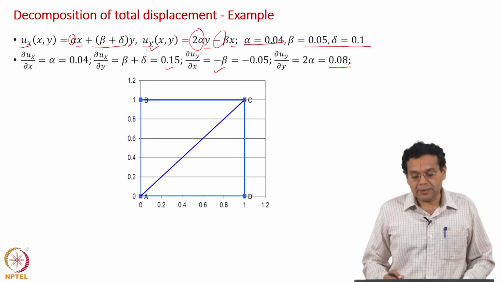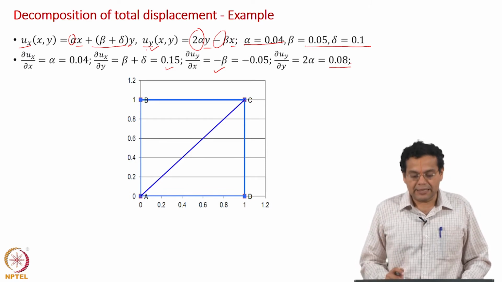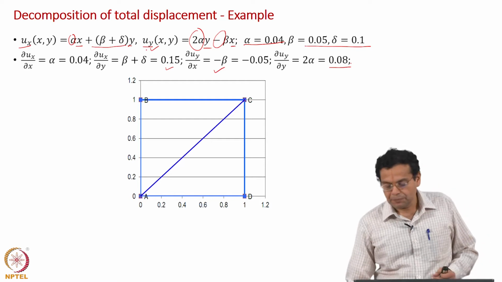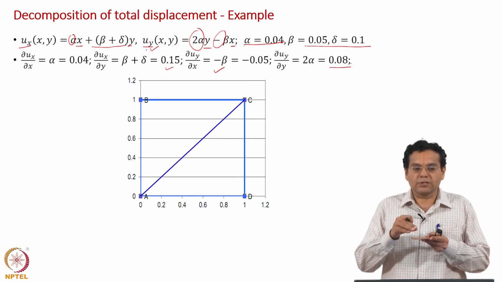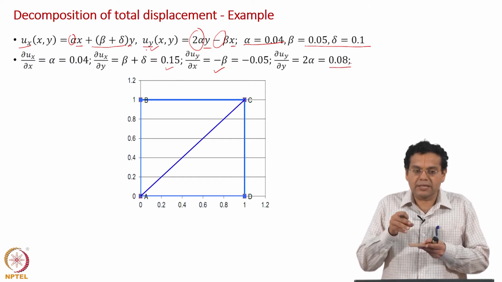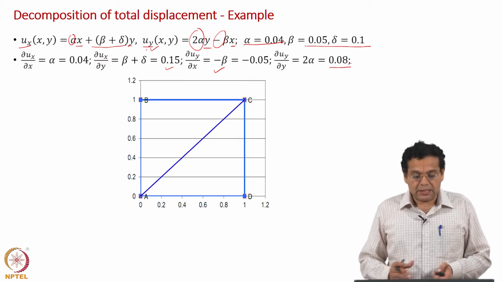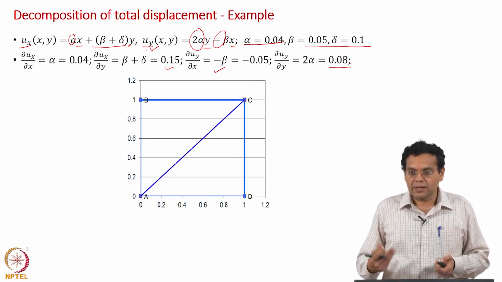We are given the displacement field and we have calculated all the 4 displacement gradients. Once again, what does this displacement field represent? You have a plate and then it is subjected to some force, and this displacement tells you the displacement of all the points in the plate. And this displacement includes all the components, we are going to separate each of them.